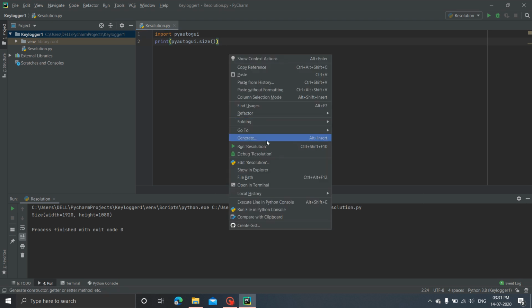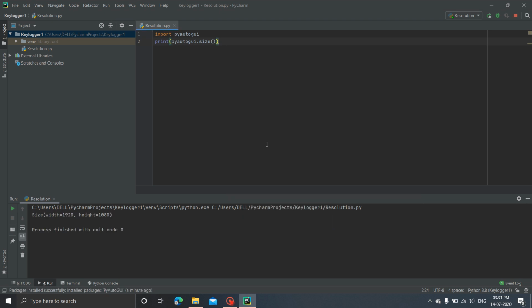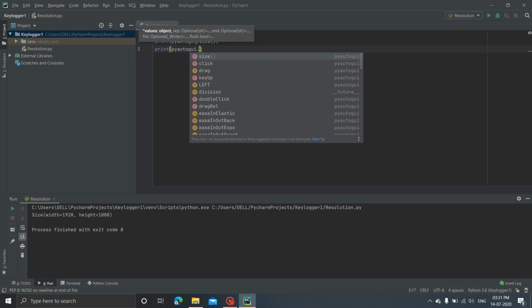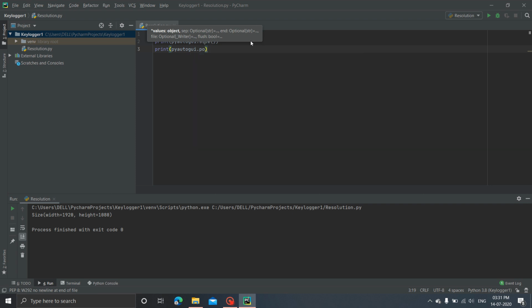The next thing that I need to do is find out the position of the mouse pointer in that particular moment of time, wherever it's situated on the screen. So I would directly print that too. As you can see, print has its own attributes, separator, file, flush and so on. So I would just directly click on print, and then I would use PyAutoGUI dot position of my mouse.